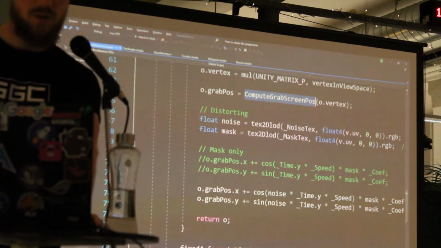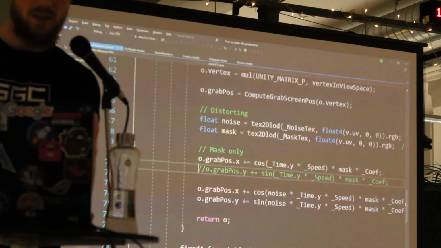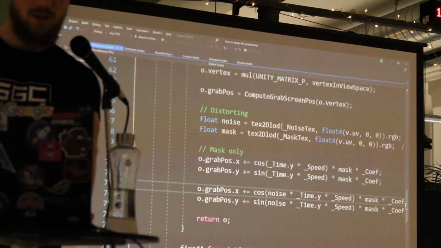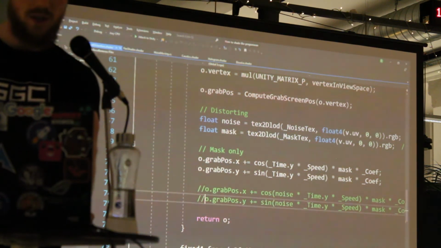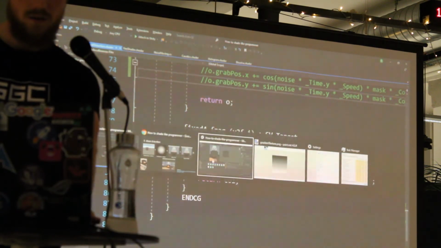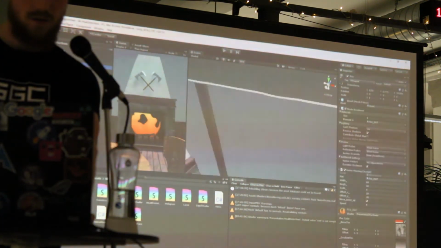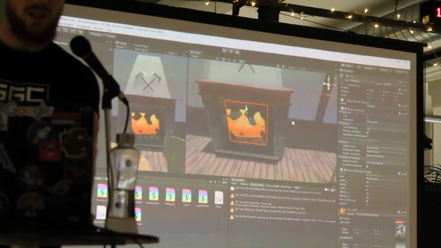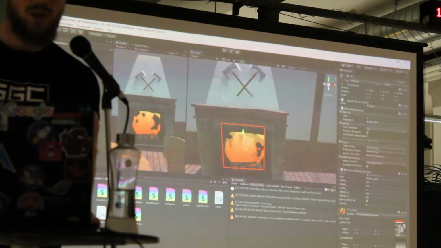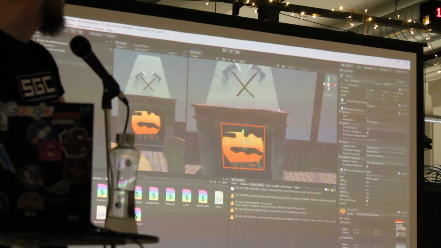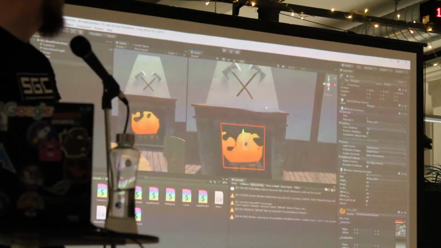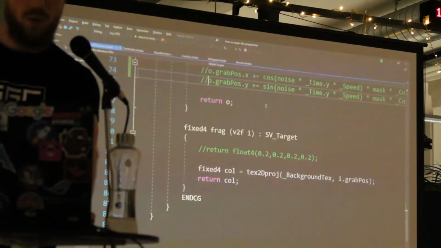So first, if you just offset it for the mask, it will look something like this. It will have this circular motion that you can see here, and it doesn't look quite normal. I mean, it looks like it's just circling. So what we'll do is we'll